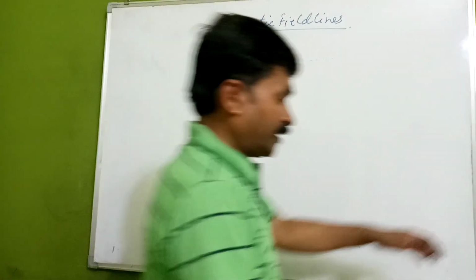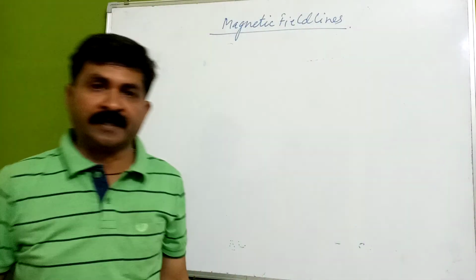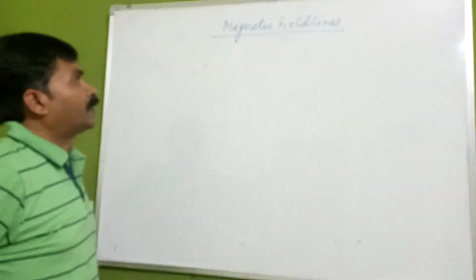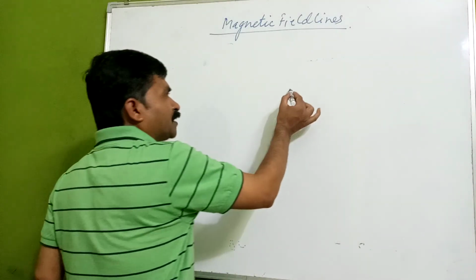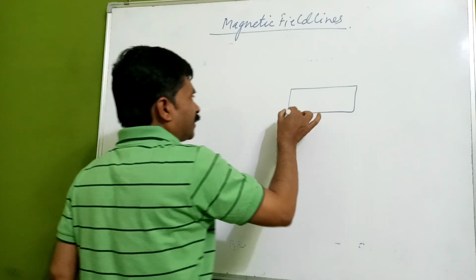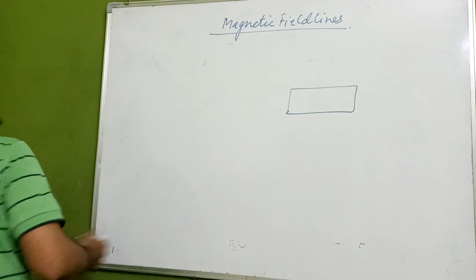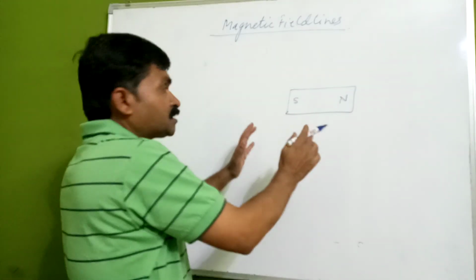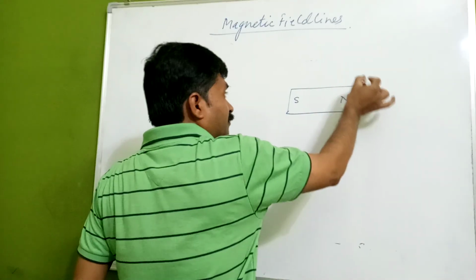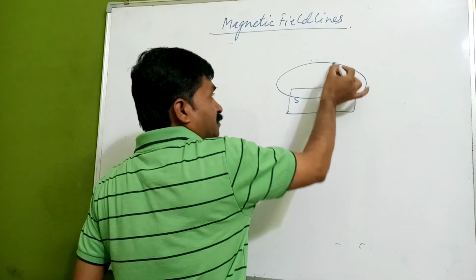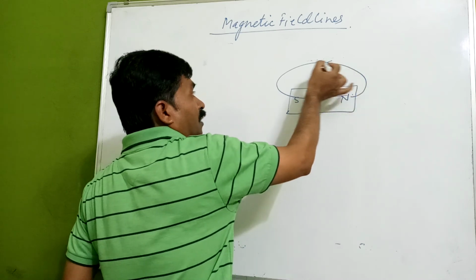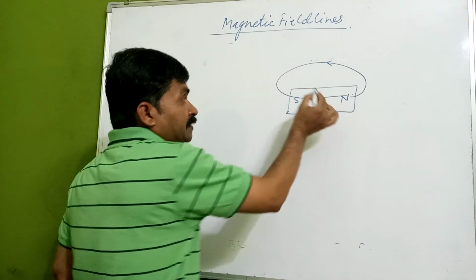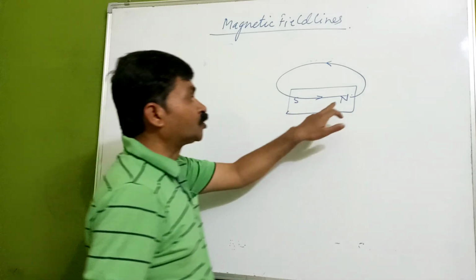Yes, students, here we are to discuss magnetic field lines. Okay. Now, what are magnetic field lines? If we go through the magnet, what are we getting here? We are getting the north pole and south pole. These are the two poles, and we are getting some imaginary lines coming out like this. They are coming out from north to south outside, and inside they go from south to north pole.